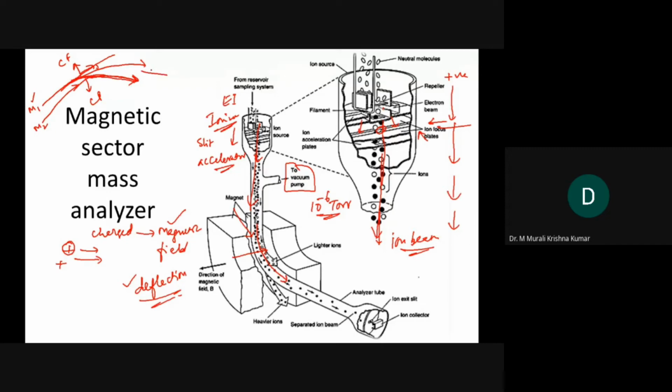So if you have a detector plate over here, the ions will hit, and this will give you the signal. If it is hitting over here, it starts from 0 to 100, let's say if this is the scale. If something hits over here, the molecular weight is less. If something hits over here, the molecular weight is more, and the scale will be calibrated. So thereby you can easily translate this incidence into a molecular m/z value. So this is, in simple terms, how a magnetic sector mass analyzer works.